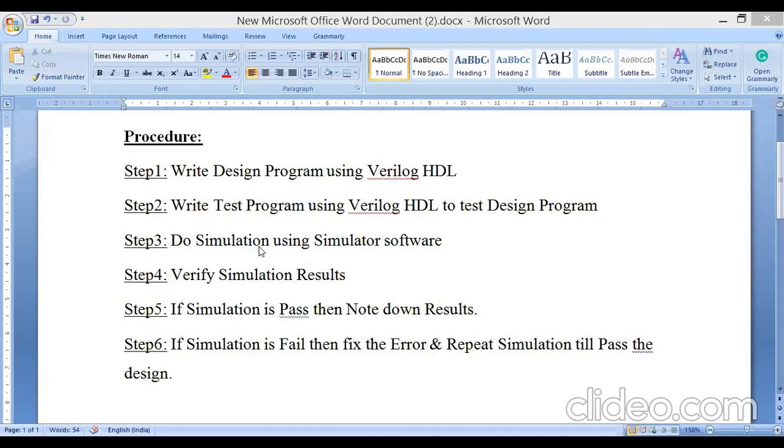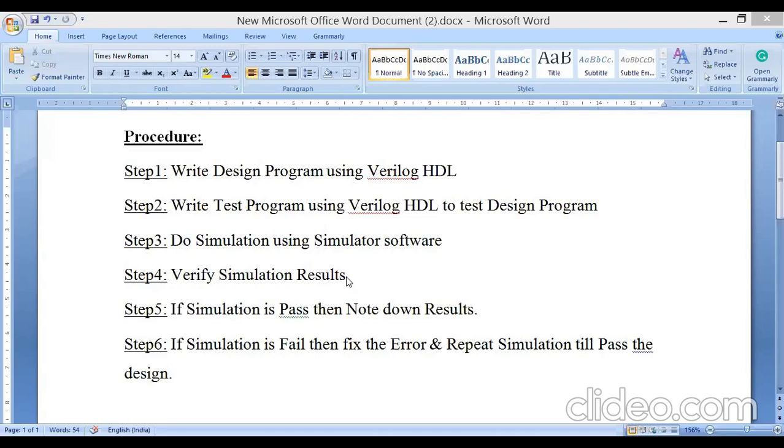Here we are using waveforms. Anyway, we will see later, by using waveforms we can cross-check the behavior. Next, step 4: verify the simulation results. For results, we are checking the waveforms.